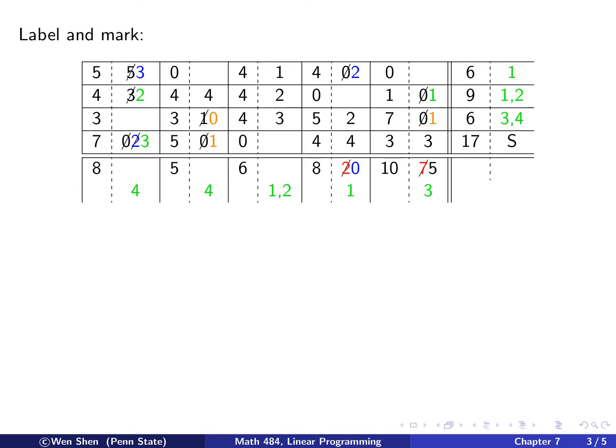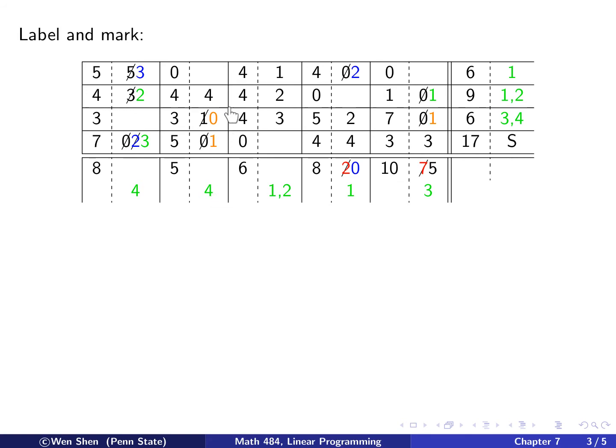Now let's look at column 1 to see for column 1 between these 3 and which one of them can be reduced to compensate this increase here. So I see this is already 0, I can't reduce, and I have these two I can reduce. Okay, so I will label this 1, 1 to say that the column 1 can be used for these two rows. And then there's column 2 here,